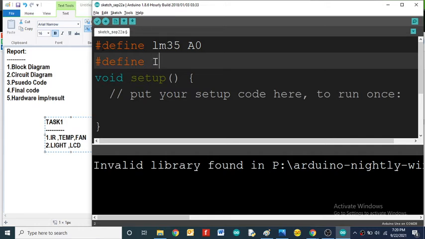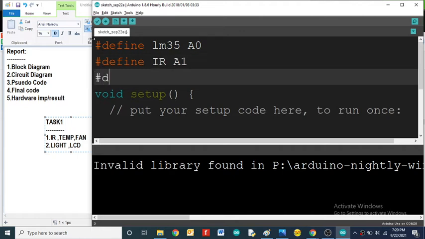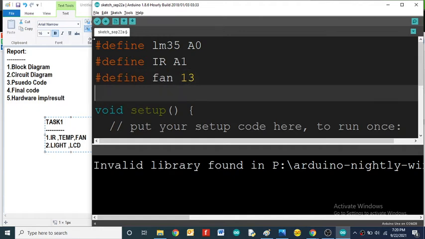For IR, A1, again define. Fan 13 or 12 as defined. Light 12, okay.